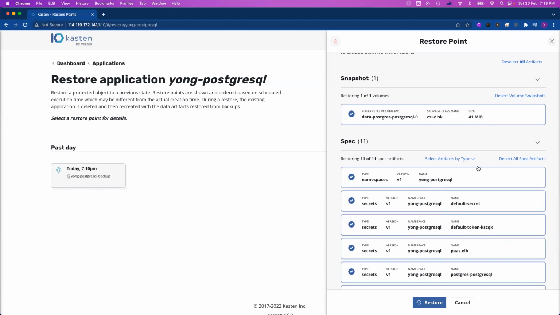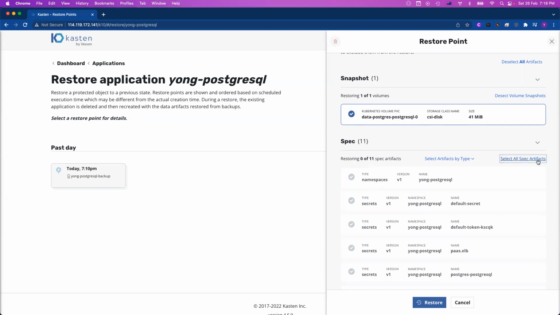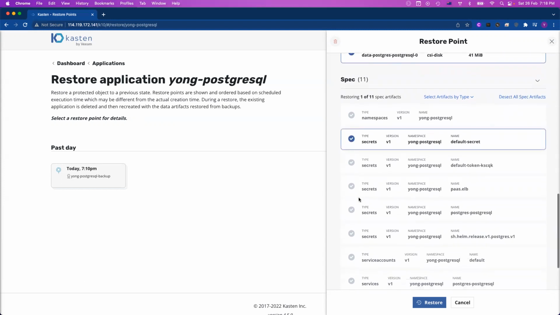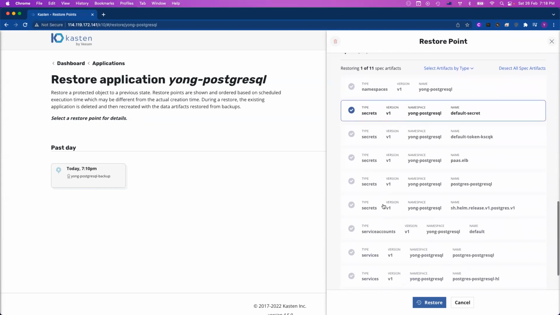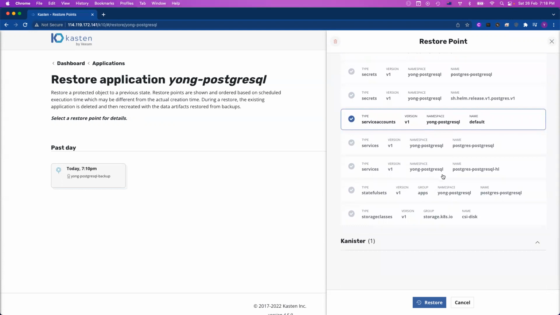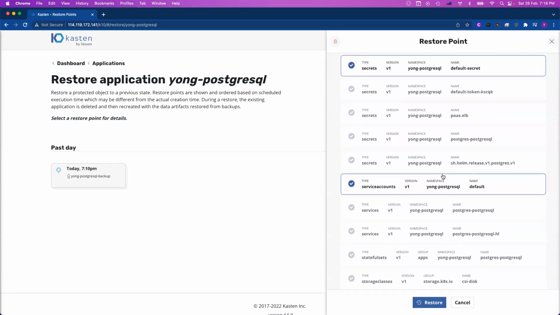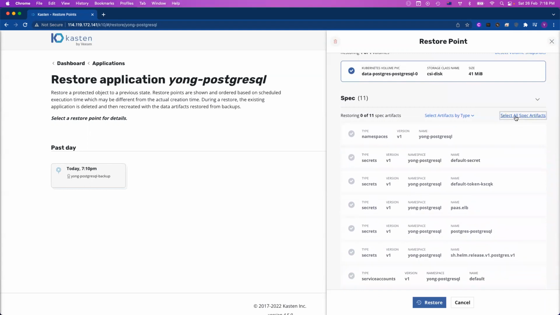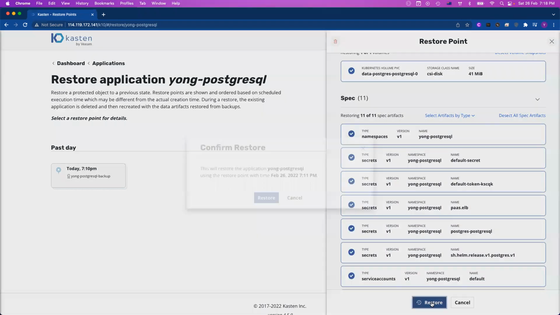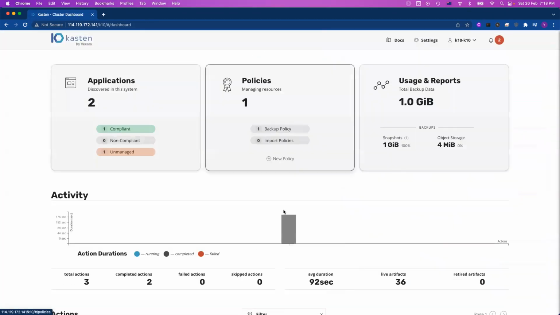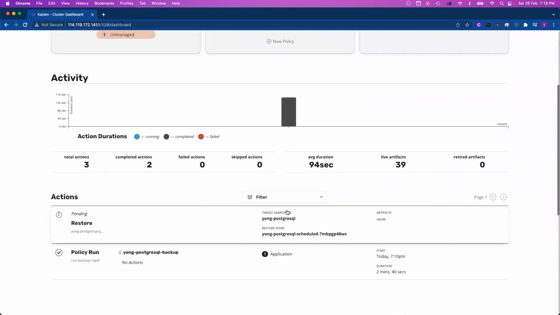Before I click restore, I want to show you the capabilities. If I deselect all the stack artifacts here, you can select individual resources for the recovery. Let's say somebody deleted secrets, or a service account, or any one of the Kubernetes configurations. We allow you to select the individual resource for recovery. Okay, for now, let me reselect everything. I'm going to click restore and confirm the restore, and you can check the status from the dashboard, or you can